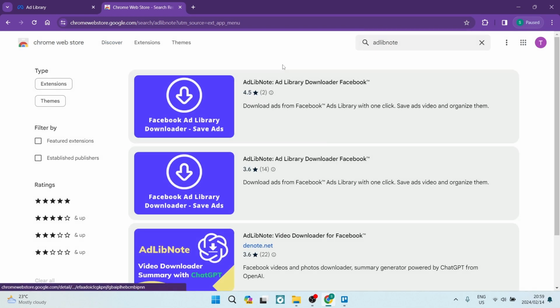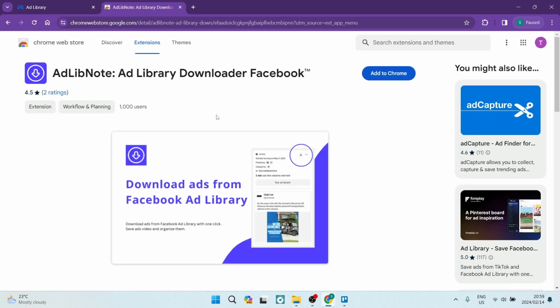We're going to open it up. Now it will be most likely the very top one. You can see over here it says download ads from Facebook ads library with one click, save ads videos and organize them. So we're going to go ahead, click on this extension over here,